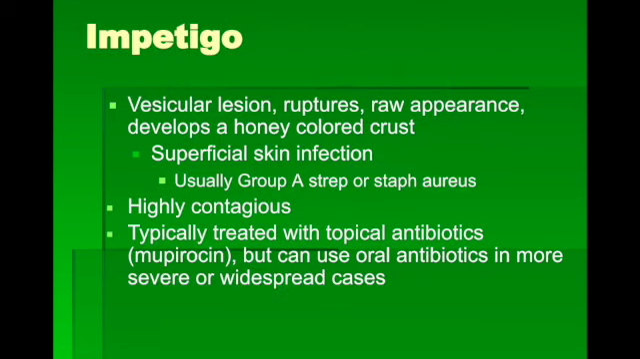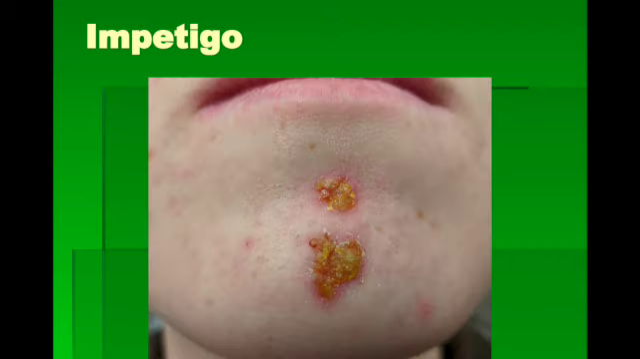Impetigo is another bacterial infection, typically a vesicular lesion that ruptures, leaving sort of this raw appearance, and then it's followed by a honey-colored crust of that dried up exudate. Usually very superficial, typically group A strep or staph, very contagious, often in children, and we usually use topical antibiotics for this, like mupirocin. If it's more widespread, sometimes we think about oral antibiotics, especially if more severe. This is a picture of what that honey-colored crust looks like, very characteristic,